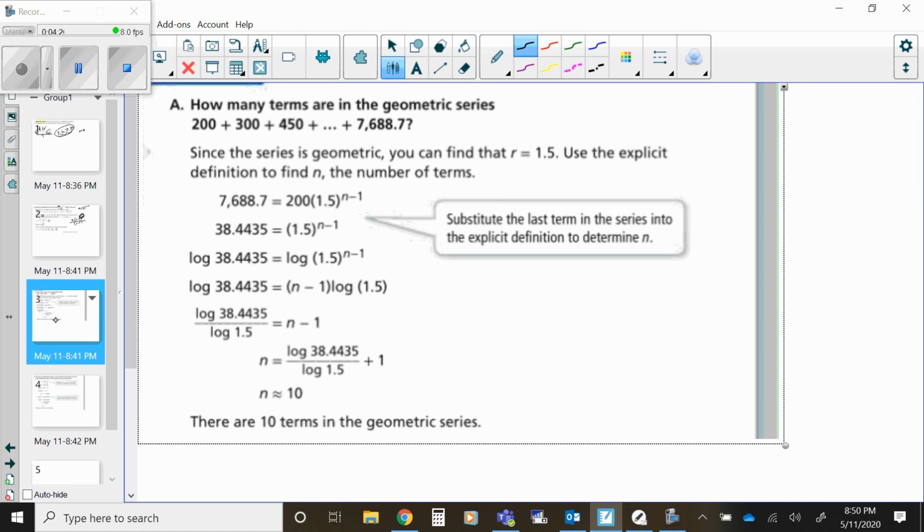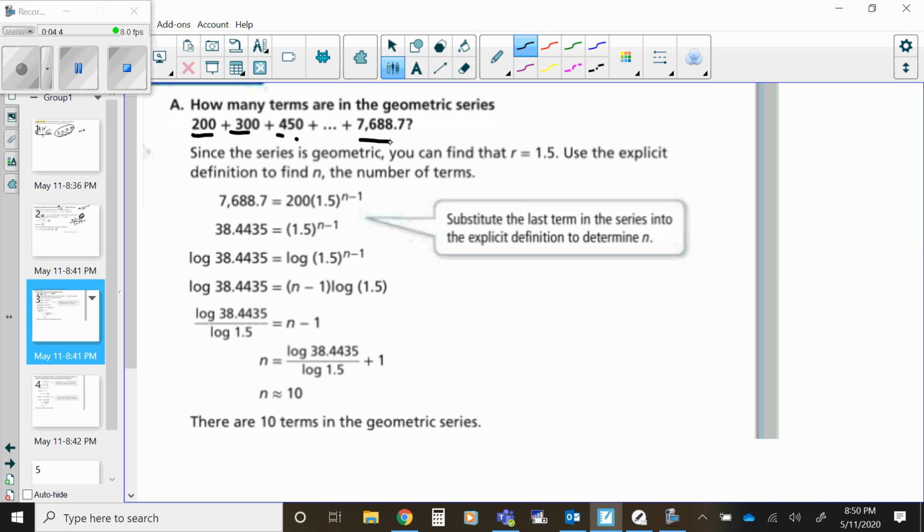Okay. Next, how many terms are there in this geometric series? And actually, this could really be a sequence or a series question because they're not actually asking us to add them all together. They want us to figure out how many of these they actually added together. So if you look, they didn't actually use the series formula. They used the sequence formula. And they said, hey, I know the last term that I used. I know my first term. I know my